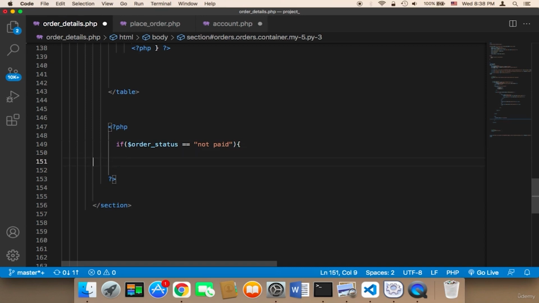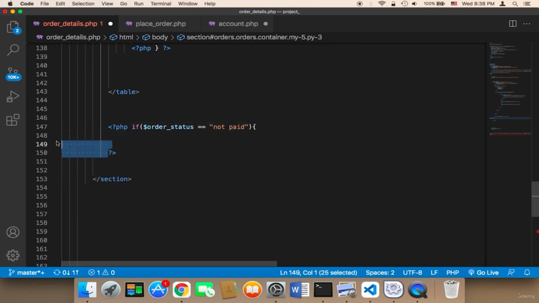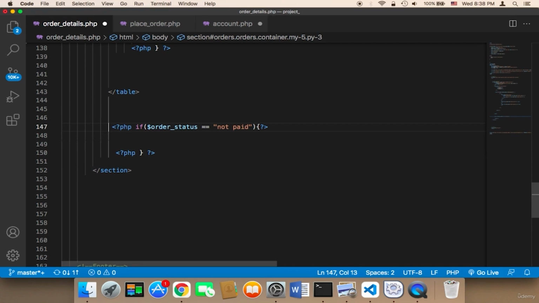So I'm going to say if, and then close this. Let me show you what I'm going to do. Let me remove this line and also this area, and then in between I'm going to display PHP code, and close the curly bracket at the end, the if statement curly bracket. And here in between, only if the order status is not paid, I'm going to say form,